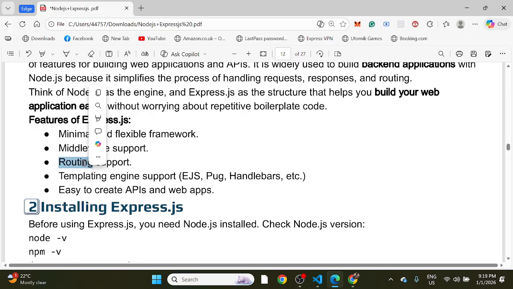We are directly using it. We can directly give some methods, and it supports template engines also. So you can explore template engines. Instead of writing front end code in a separate folder and back end in a separate folder, Express.js has this